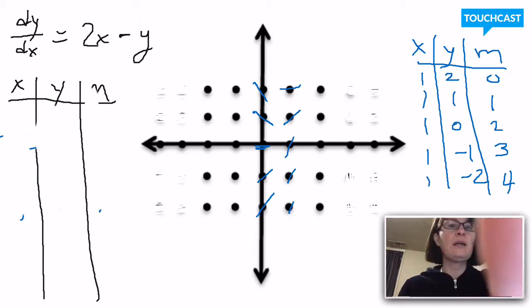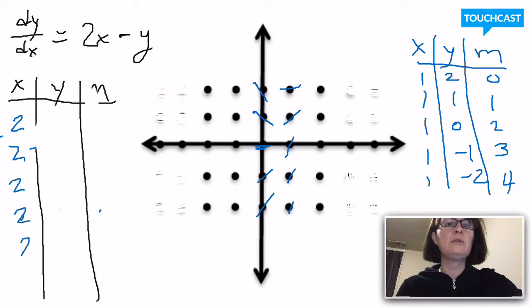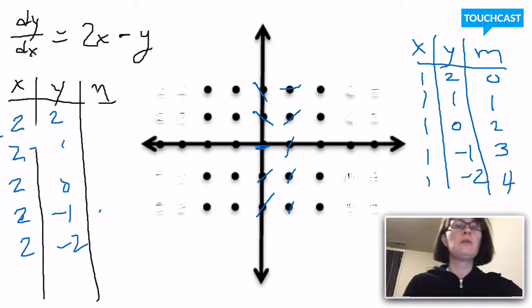How about when x is 2? Y could be 2, 1, 0, negative 1, or negative 2. So